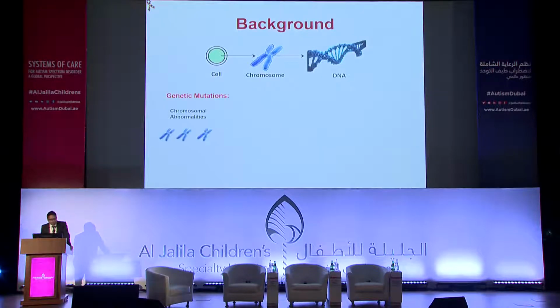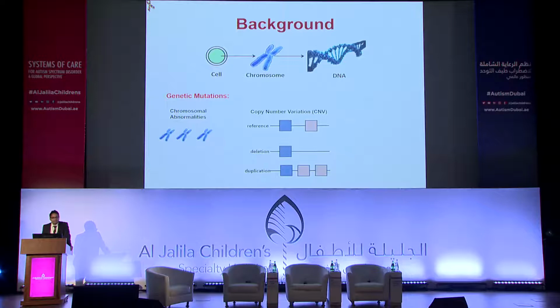So genetic mutation can happen at the level of chromosome. You can have a total extra chromosome. Also, in the reference genome or reference DNA, these are two genes, and in someone's DNA, one gene can be deleted, or in someone else's DNA, the second gene can have a duplication. So these are called copy number variations. It changes the number of copies of the genes in our DNA, and when the copy number changes, we think that the level of protein also changes because the number of functional units either decreased or increased due to this event.